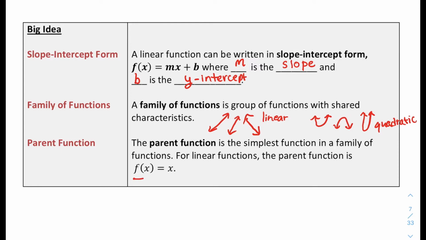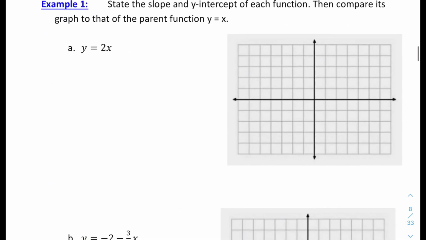In a family of functions, your parent function is the simplest function. So for your linear functions, it's just y equals x or f of x equals x. So looking at a couple of these, if you have y equals 2x, we want to state its slope and